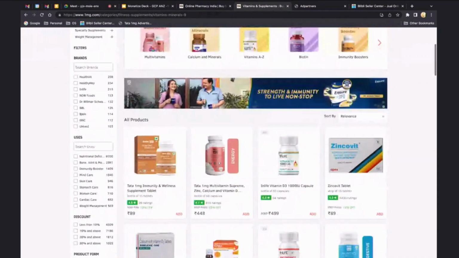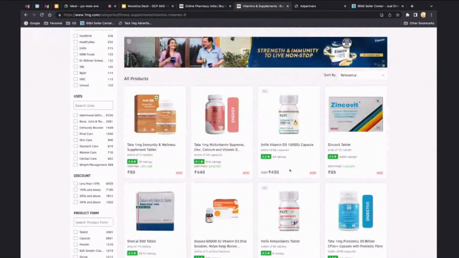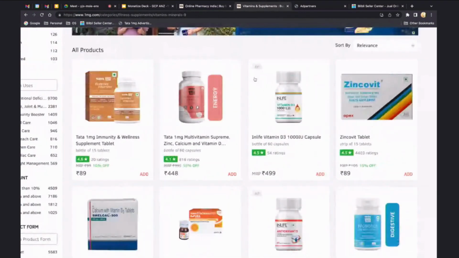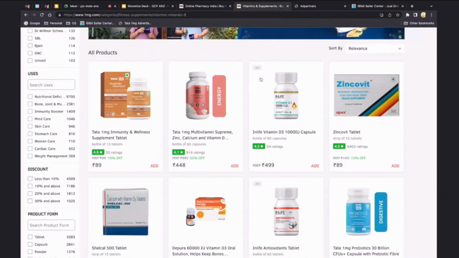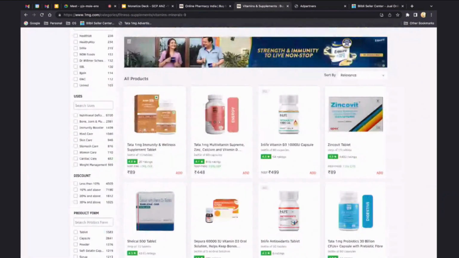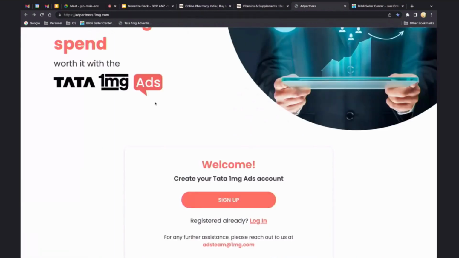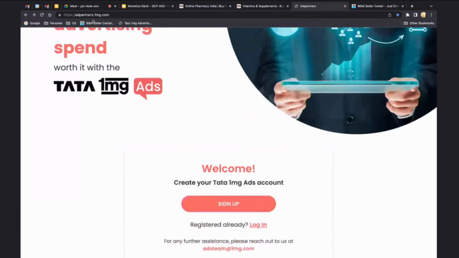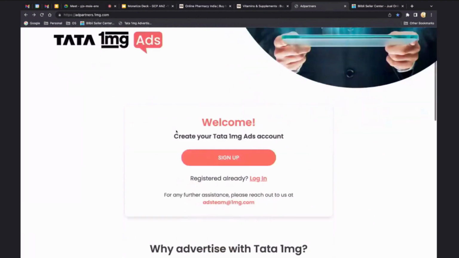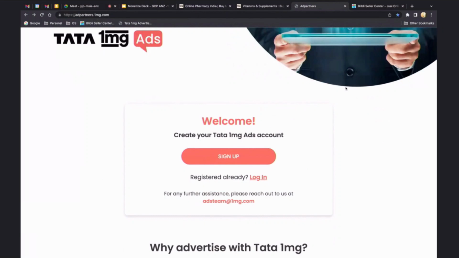as well. What you can also see is that every third ad on the web, the small ad callout which you see, that's a product listing ad. Essentially the platform matches it to the right customer who's coming in. So all of this is the front end which the advertiser and the consumer are seeing. From the back end, again, like I said, it's self-serve. So you can actually just go to adpartners.1mg, sign up and start creating ads on the